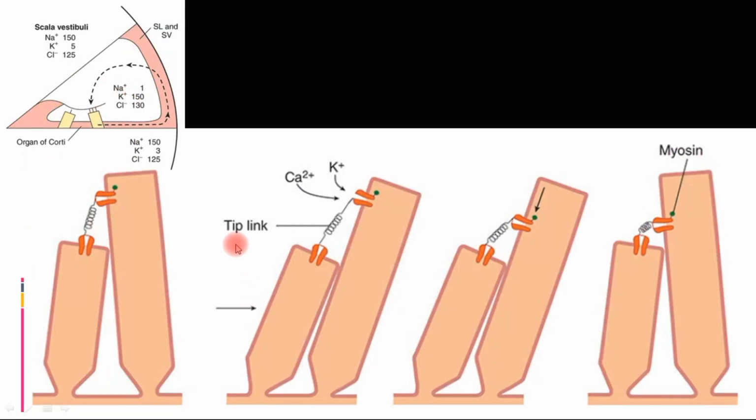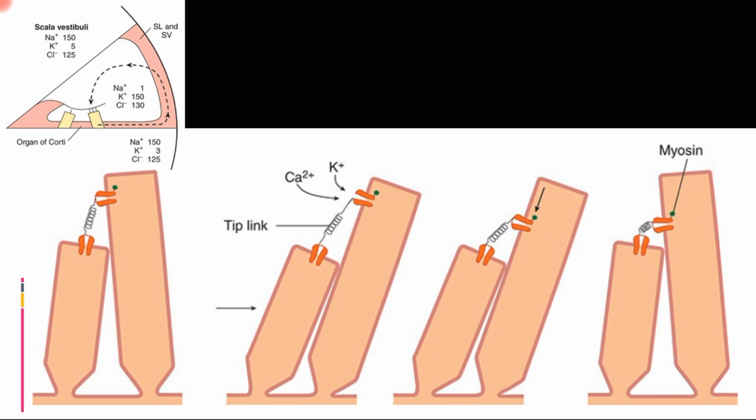What is the importance of this cilia? Let us say that these are the stereocilia, the adjacent stereocilia, one is smaller and the one which is toward the kinocilium is larger. So what happens as the person bends downwards to pick up his hat is that because of the higher specific gravity of the otolith, it will drag the gelatinous membrane or otolith membrane towards the direction of gravity, which will tilt the hair cell which is projected in the gelatinous membrane.